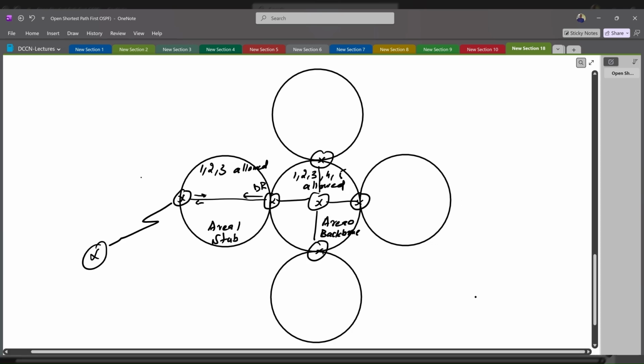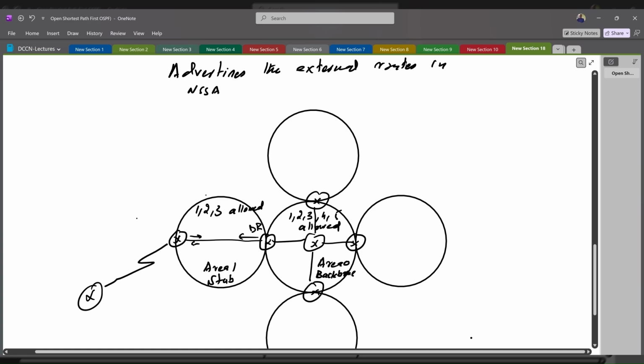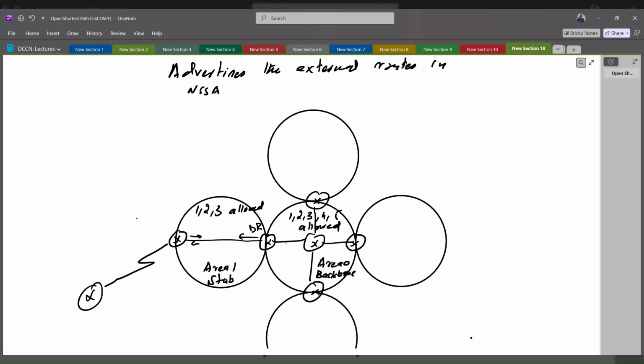What is LSA 3, right? Network summary from one area to another. So this means here the network summary is allowed. I can have a summary of this backbone area about all the routers allowed to be propagated in this area one, which is stub area. Okay,